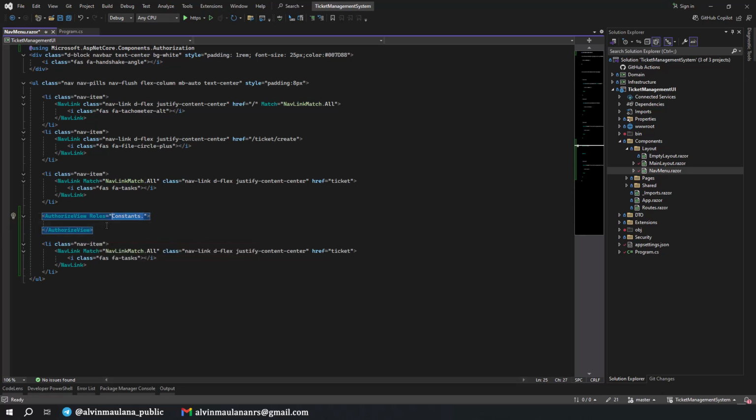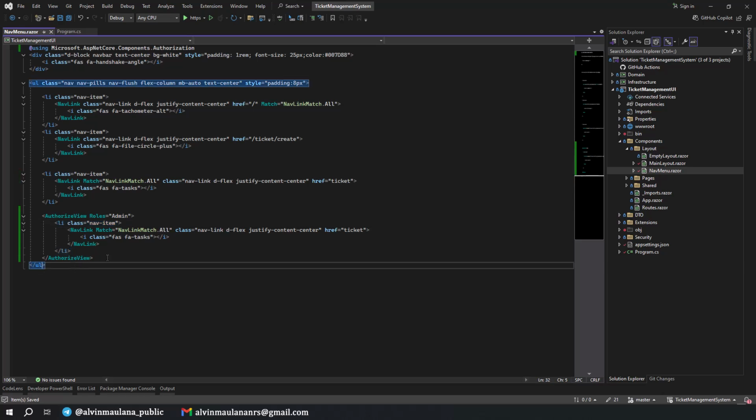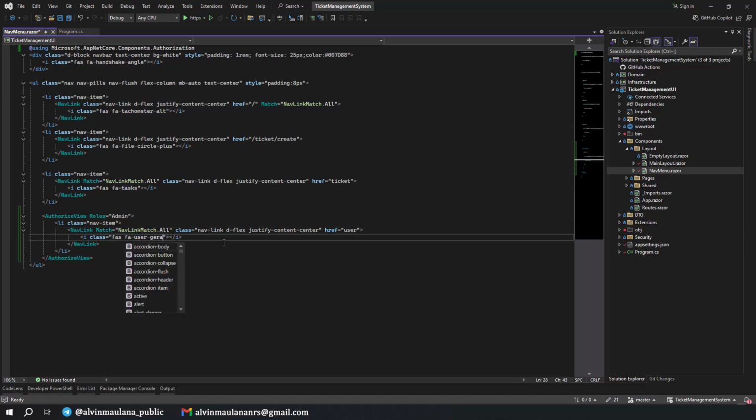Okay, just put the admin like this. And then just copy, not cut, to this one. So this component is only available when the user is authorized and the user is admin. And then the href is user. And for the icon, I will use the user gear.